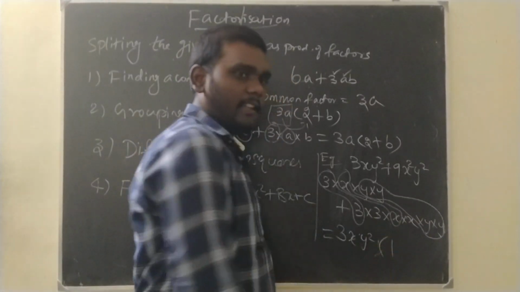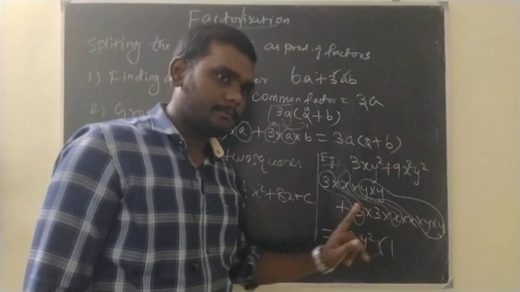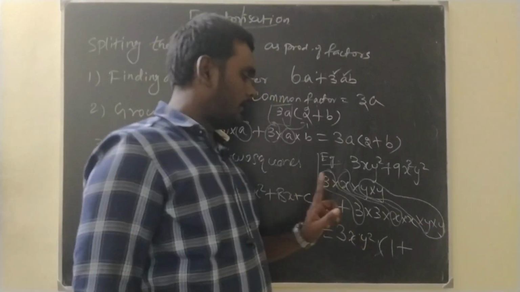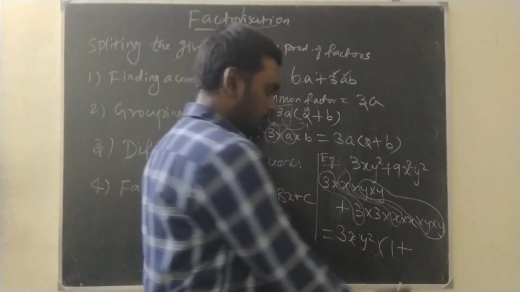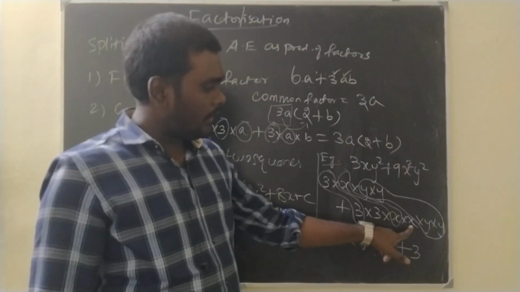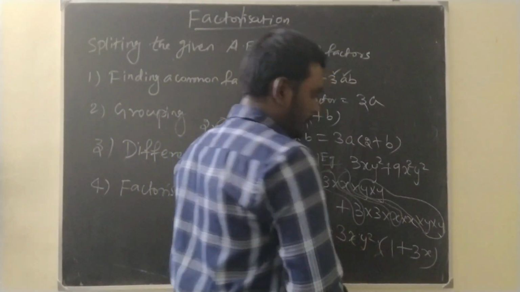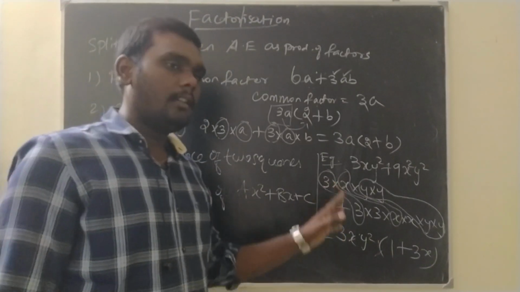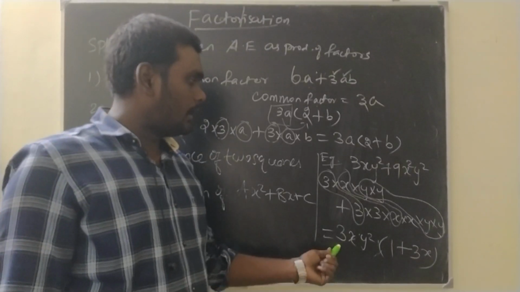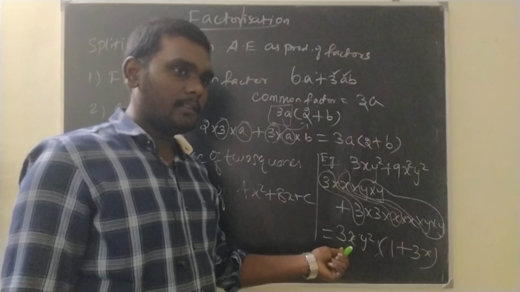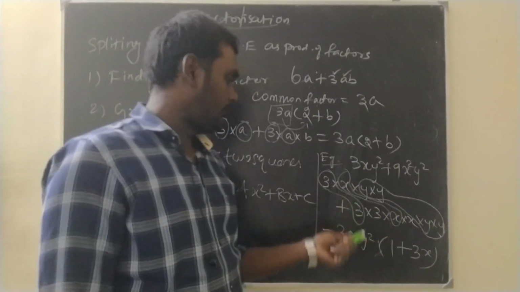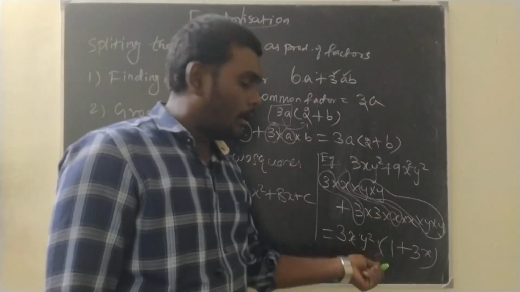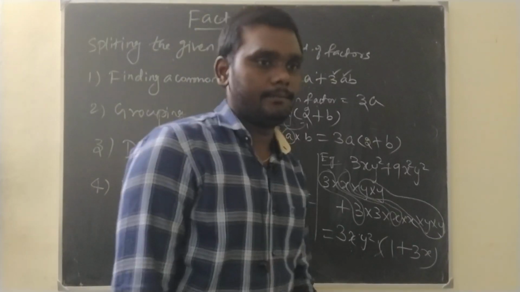Remember, when this is multiplied inside again, the same should come. Will it come or not? Yeah. Then plus, here this is removed, then this will be inside 3 and this will be inside x. Okay. This is how we should factorize in the grouping method. In this, 3 is a factor of this, as well as x is a factor of this, as well as y square is a factor of this, and also this 1 plus 3x is another factor for this. Okay,